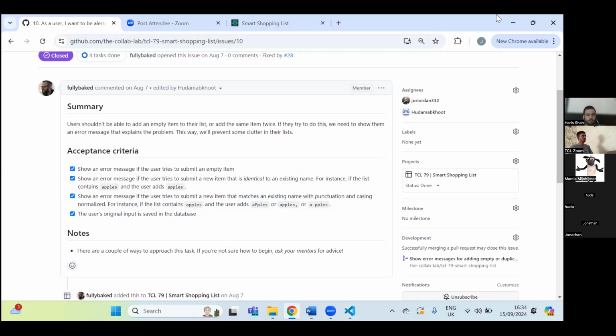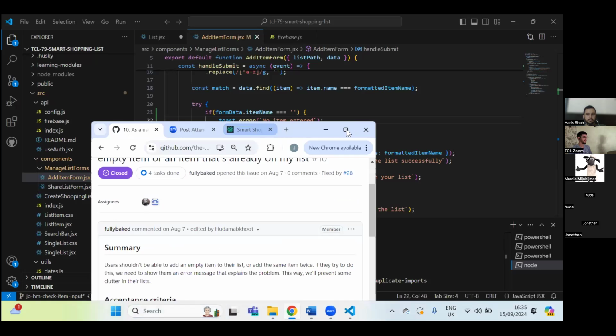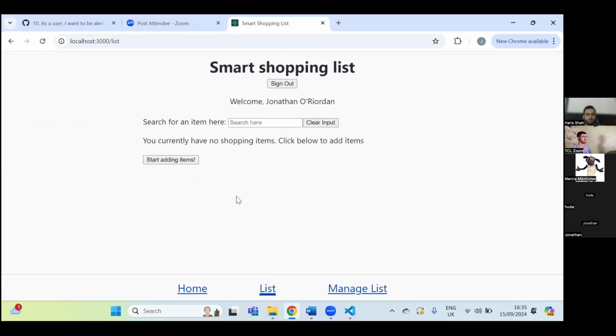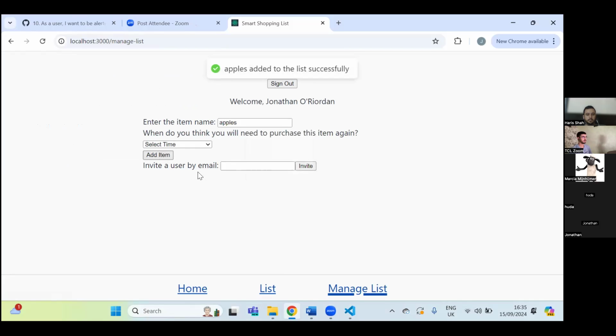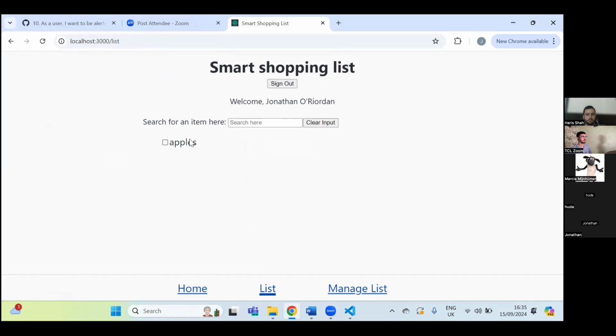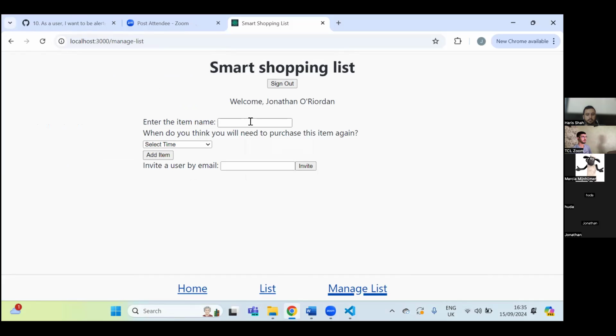I'm just trying to access the bar at the top, it's hiding it. So I've got an empty shopping list there. If we go to manage list and we add in apples, that'll add it there successfully. If we try to add that in again, say for example with caps,